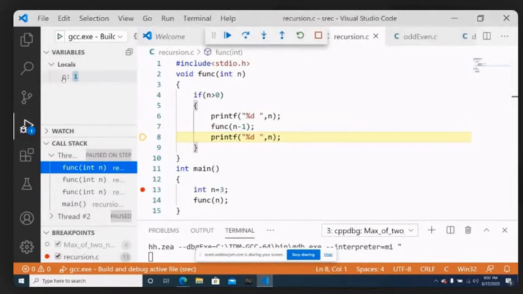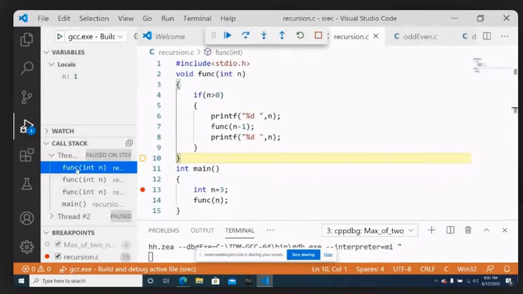Now I'm continuing with printing the n value. So what is the present n value? 1. So now the reverse phase is coming. Now the descending phase is coming. So far, whatever we have done is the ascending phase. Now we are starting our descending phase. What I will do, I will print the present value n equal to 1. And after printing it, I will go to the last line. So when the last line is executed, the current activation record will be deleted. And hereafter, there will be only 2 activation records.